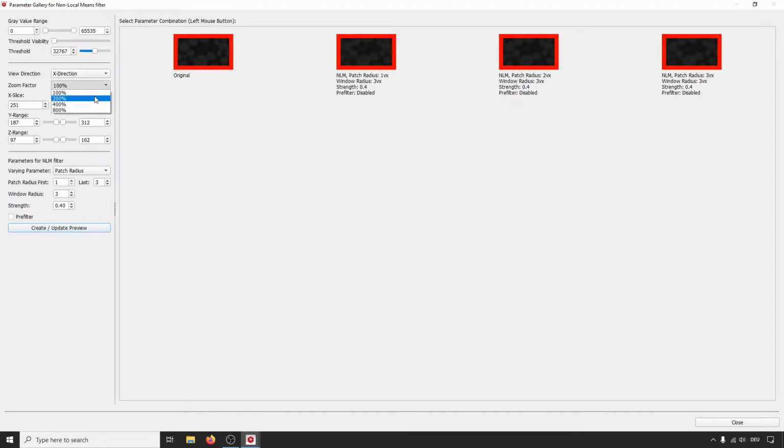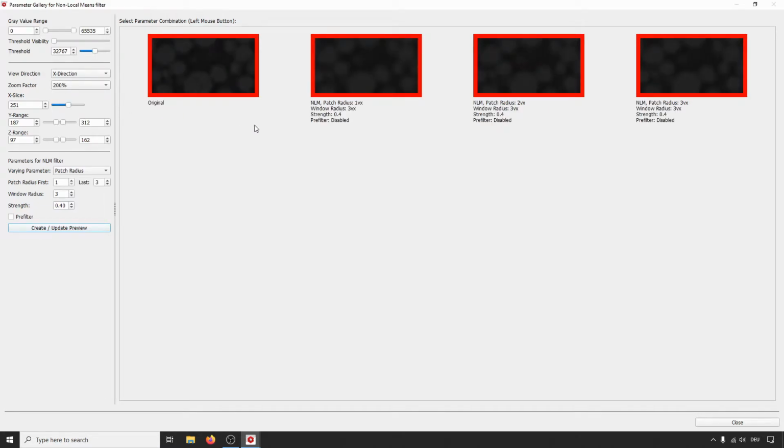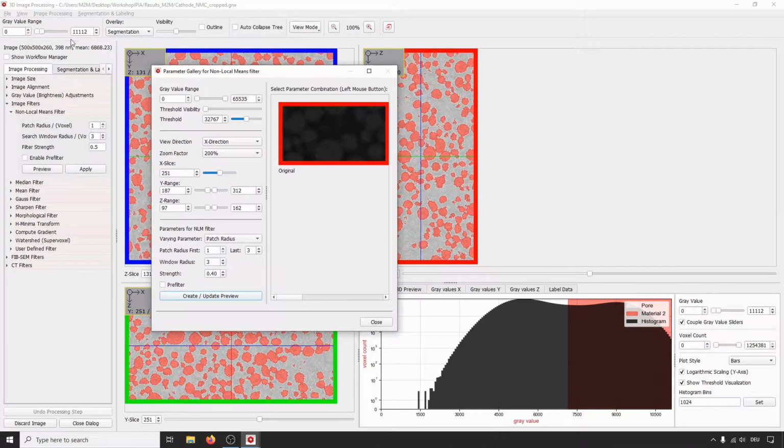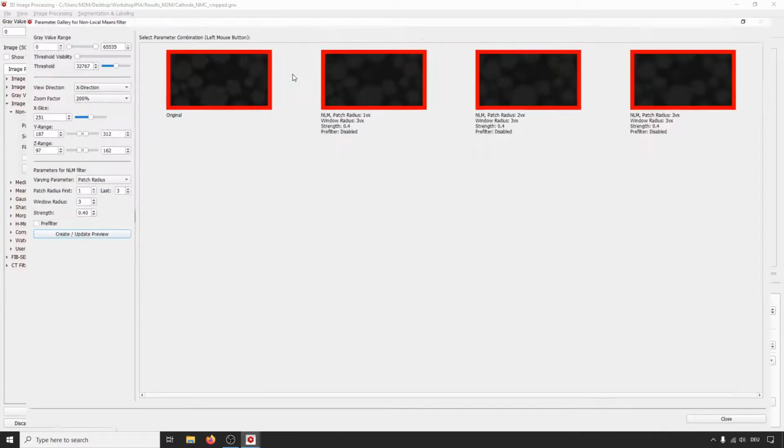We can increase the zoom factor to see a bit more, and well, it's still quite dark, and that's because the gray value range is not selected properly. For this we will select the range which is also selected in the image processing dialog. So go over here, it's around 11,000.